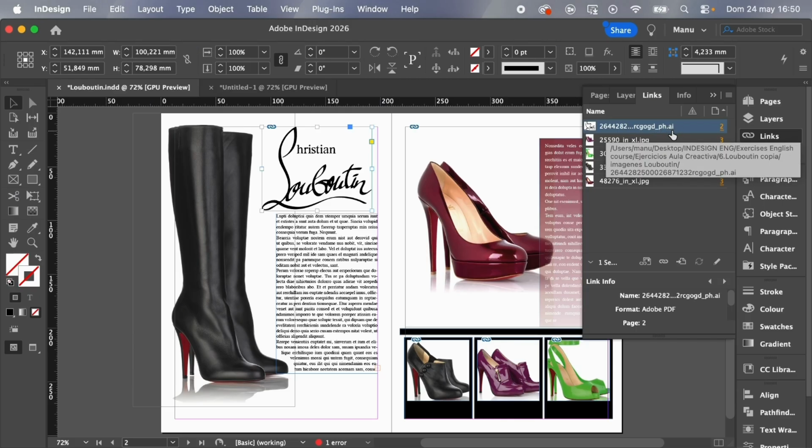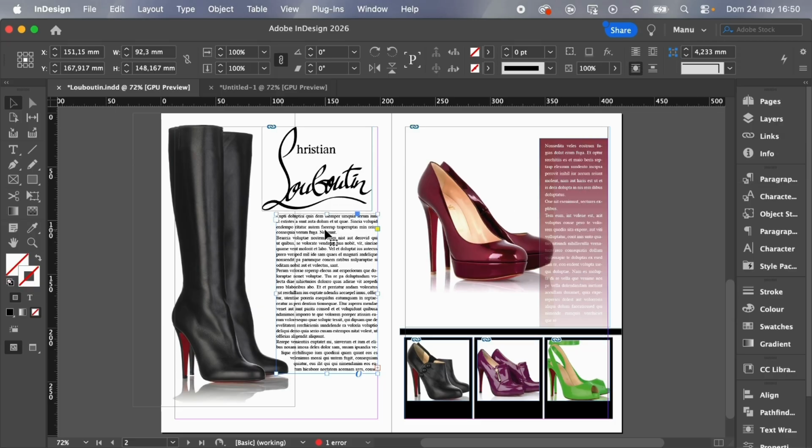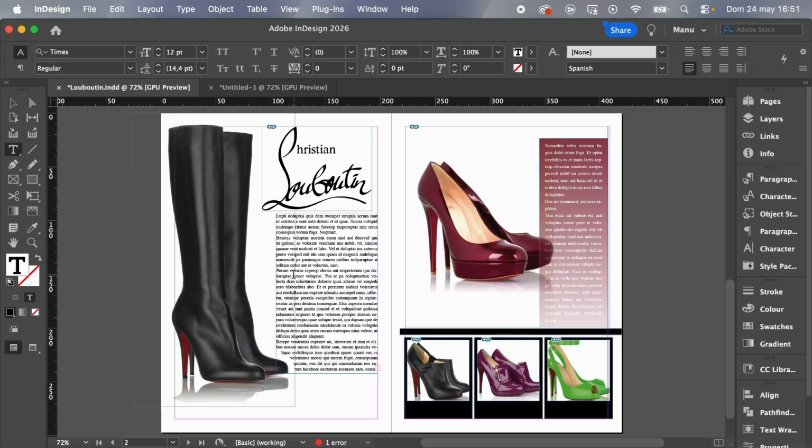It is an Illustrator file. And then we have a text box with some extra text here, but this is not important. It seems that we are using Lorem Ipsum text. And as a detail, check how the text is making here a curve when it's gonna touch the black boot.